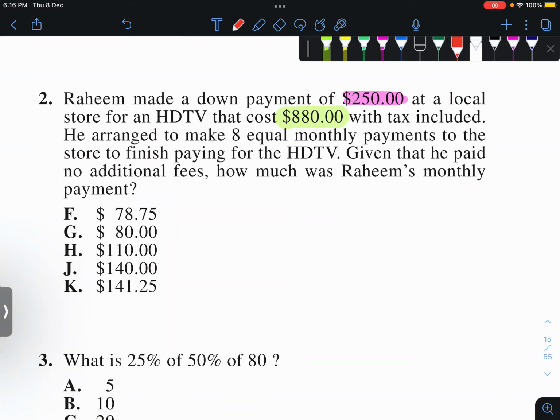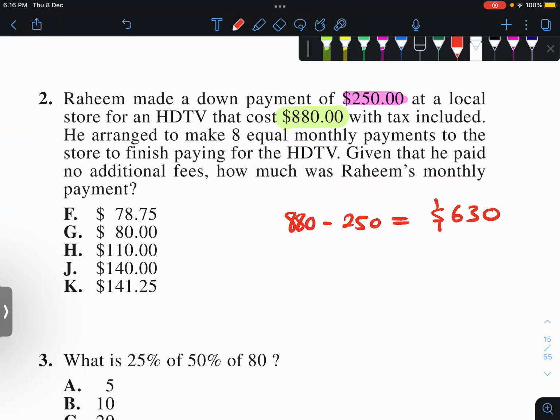Okay. He made a down payment of $250. So we have to subtract 880 minus 250, equals $630, right? Now we have to